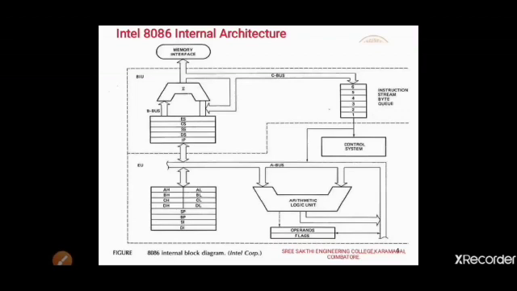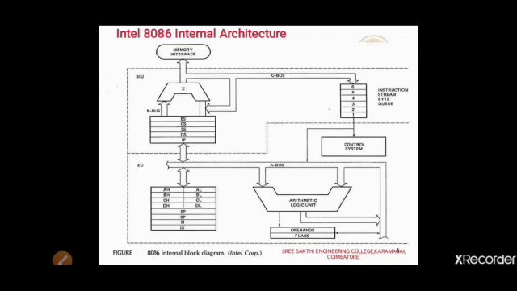The bus interface unit is used to fetch the instruction from the memory. Fetching is nothing but bringing the instruction from the memory. It reads the operands and also writes the result. The executed outputs are stored in the execution unit, which are written by the bus interface unit to the memory. The execution unit is used to execute the instructions that are already fetched by the bus interface unit. The fetched instructions are stored in the 6-byte instruction queue.